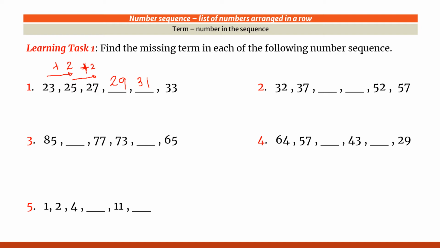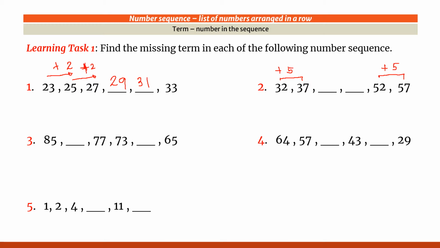Okay? Next, number 2, we have 32, 37, blank, blank, 52, 57. So again, let us observe. From 32 to 37, ano kaya ang nangyari? So nagkaroon ng addition ng 5. Tama? And then, if you look at the last two terms, 52 and 57, still, from 52, nagkaroon ng plus 5. Tama? Now, if you look at the unknown terms, blank, blank, after 37, what do you think is the